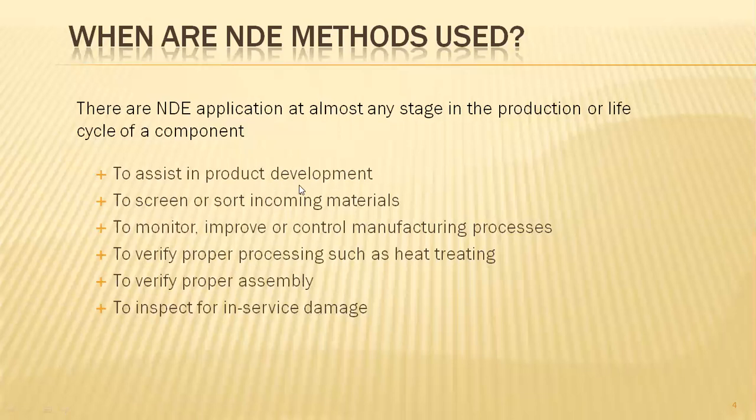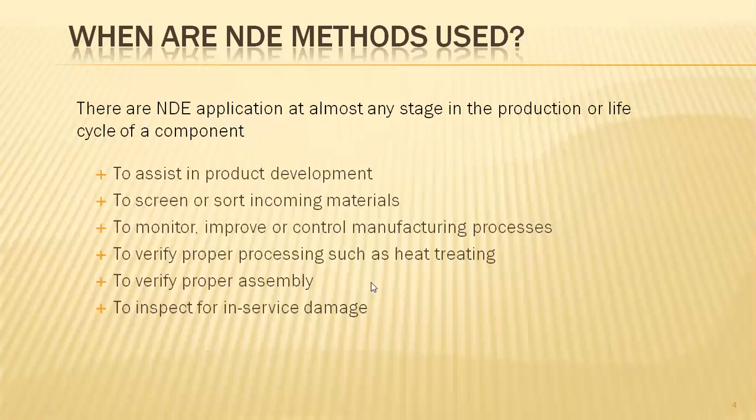Coming to the existence of the cyclic variations in the product development, it will be utilized to screen or sort incoming materials, that is input materials, or loading conditions to the machinery, to monitor or improve the control of manufacturing processes, either of the processes. If those conditions are cleared, then only the assembly will be in a perfect situation. So the inspection clearly observes the assembly conditions, whether different kinds of parts fit in a perfect way or not, will be verified here.